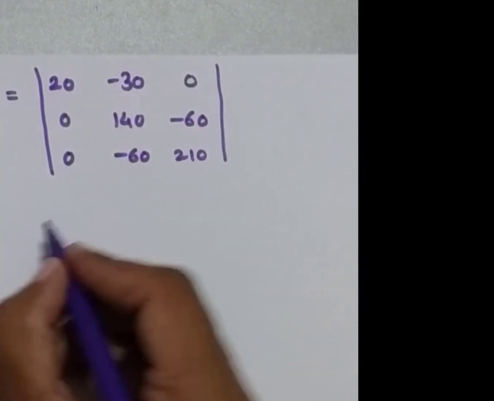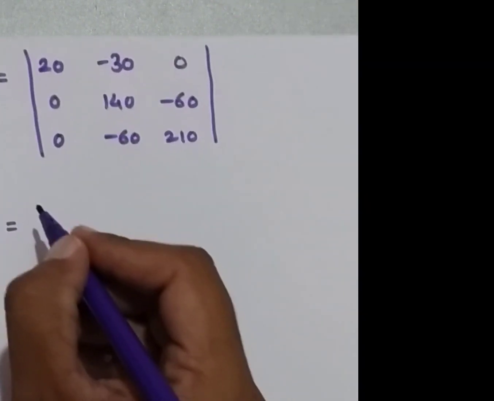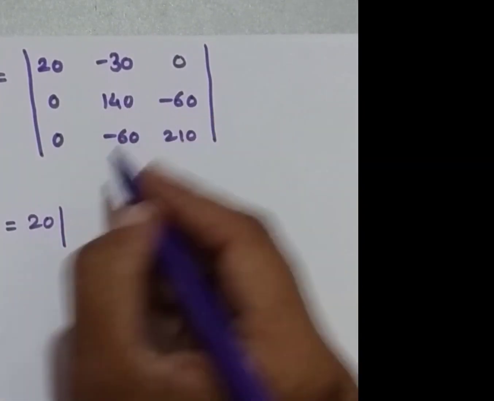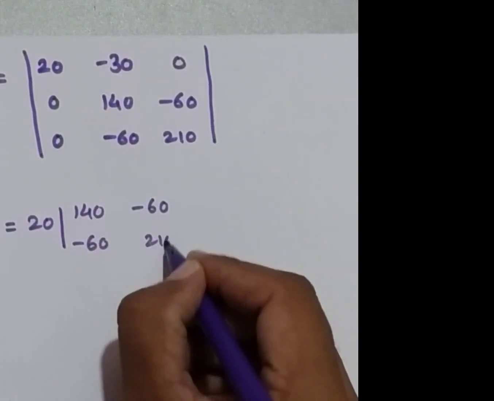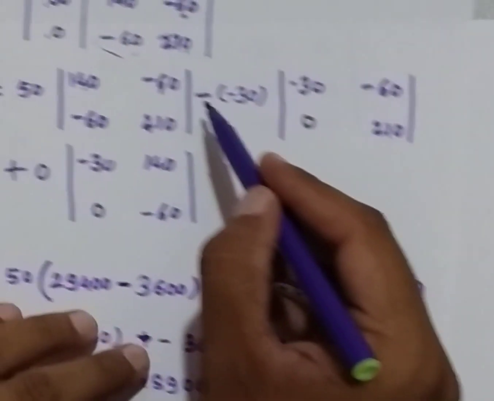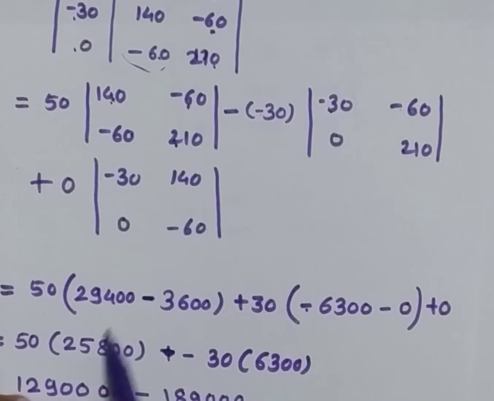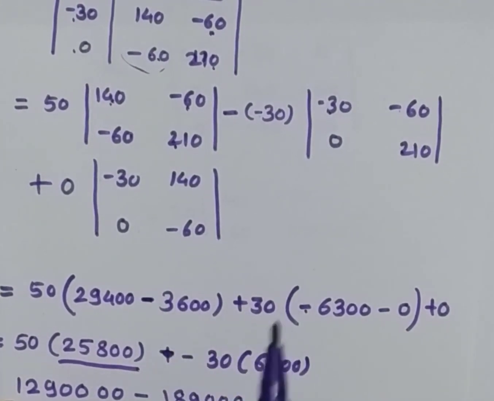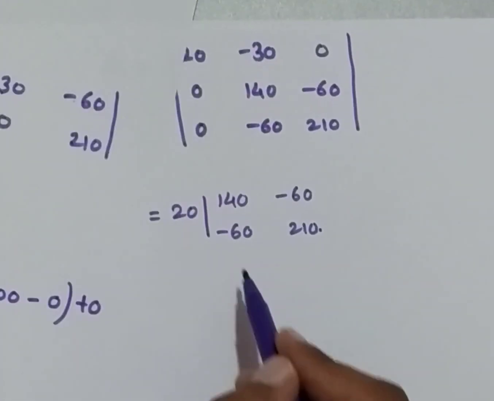Now let us find its determinant. How to find its determinant? 20 into the remaining terms, these 4 elements will be remaining. Remember that here you have already found the value of this multiplication, that is coming as 2580. Now don't do this again. Avoid donkey work, just do the smart work. You have already calculated this value, you just use it.